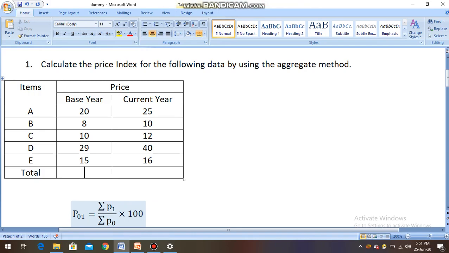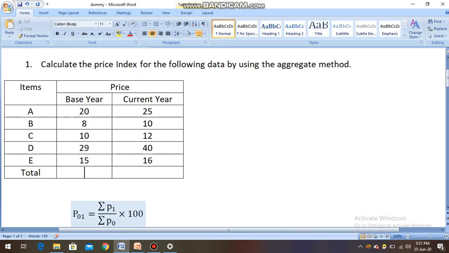Okay, we shall solve this problem now. The problem is, calculate the price index number for the following data by using the aggregate method. So here we have to use a simple aggregate method. You can observe the data here, only one factor is given. So there is no quantity of consumption involved. So it is unweighted or simple price index number, and in this we are using aggregate method, and the formula